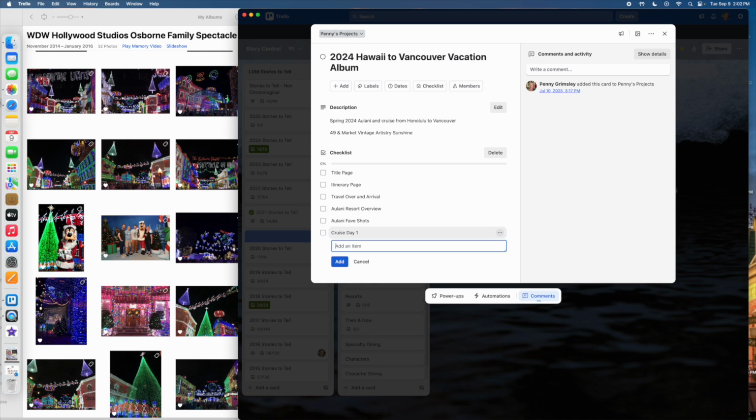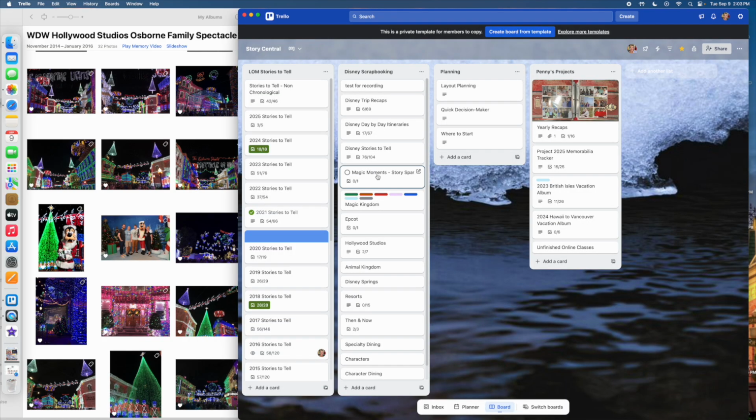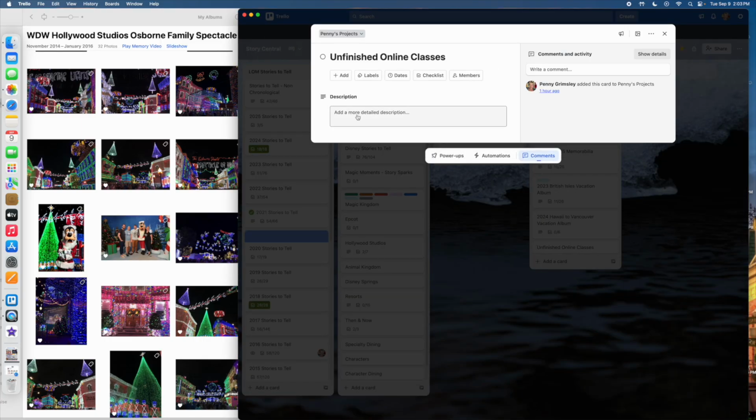And I don't even know what days we went to what island, but we did all 5 islands. We did excursions on each island, and then we had 5 days at sea. So this is a big project, but I'm wanting to finish London first because it was 2023, and let's face it, your memory fades. Okay, so here on